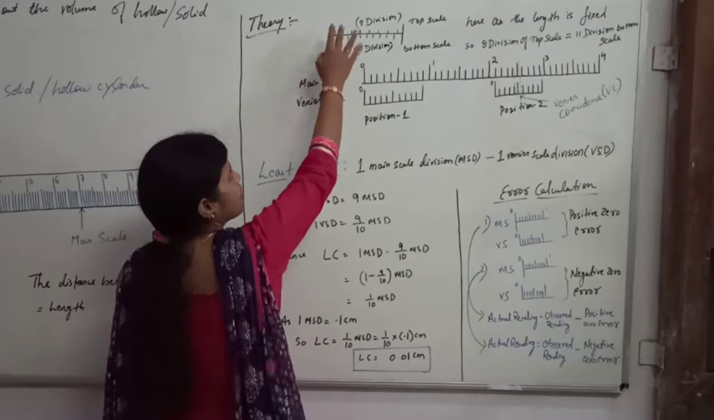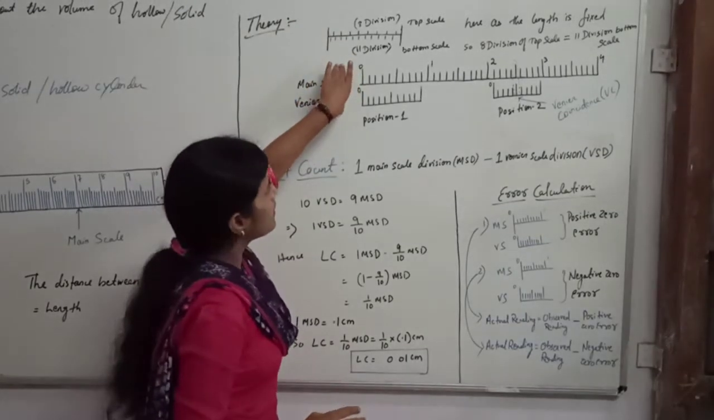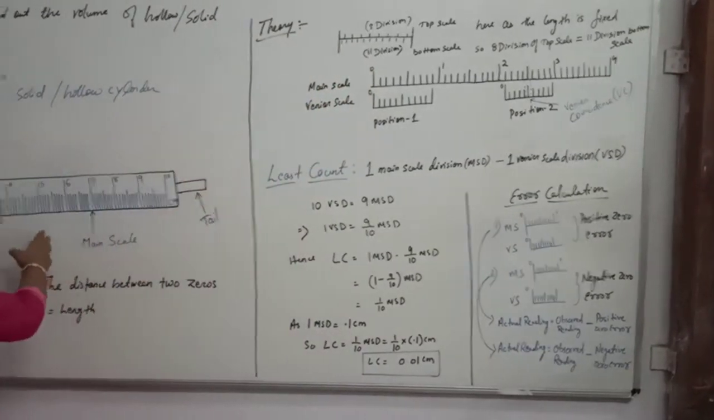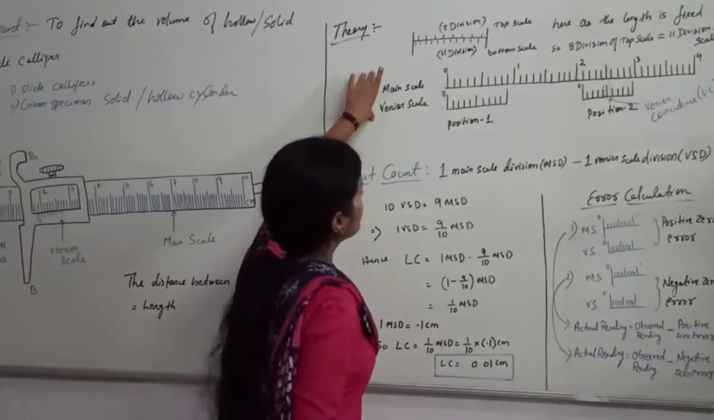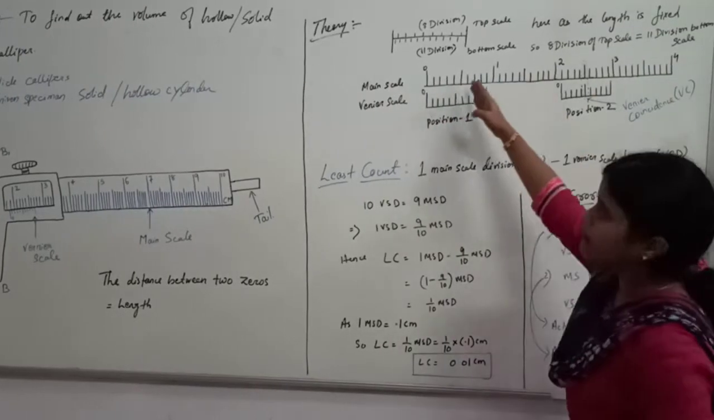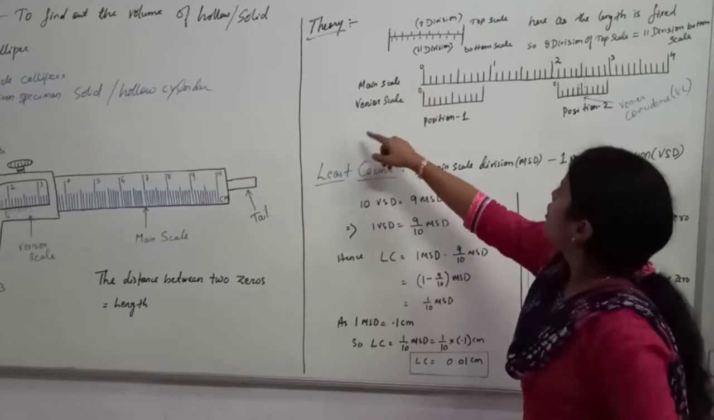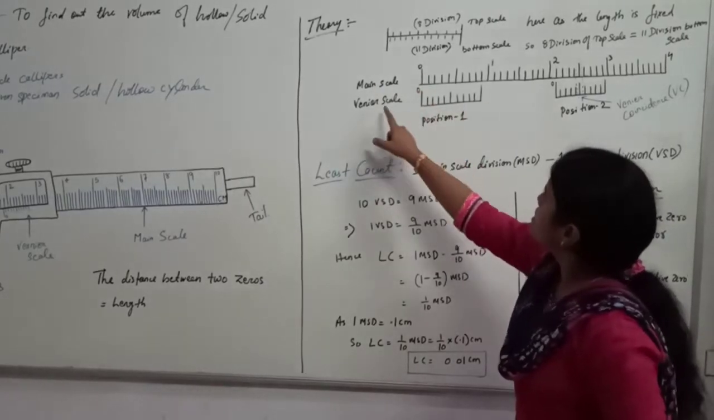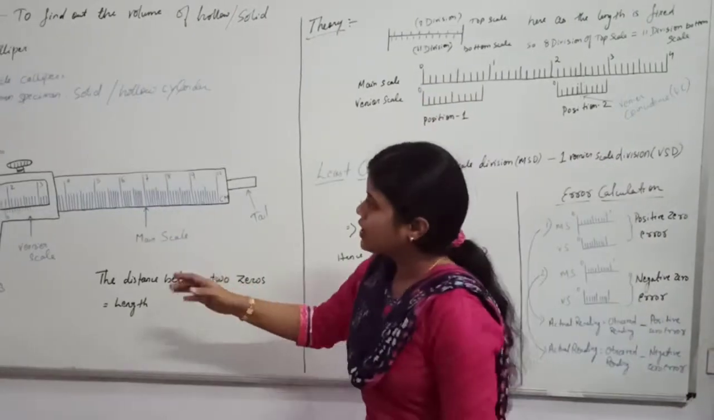Now you just forget about this diagram, because I showed it only as an example, but this is the real picture of this scale. Okay, so this is the real picture. Here you know that there are so many divisions in the main scale. The main scale is this one I have written here. And there are some divisions in the vernier scale. When you completely close the jaws,